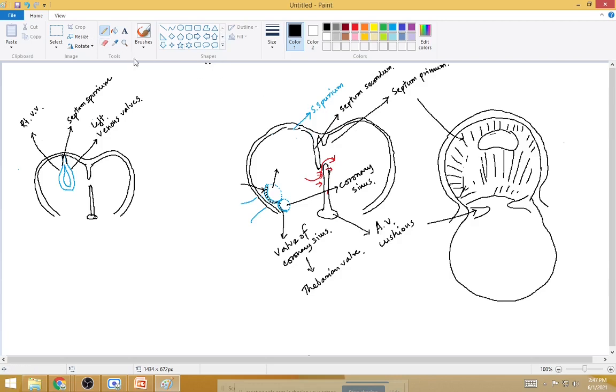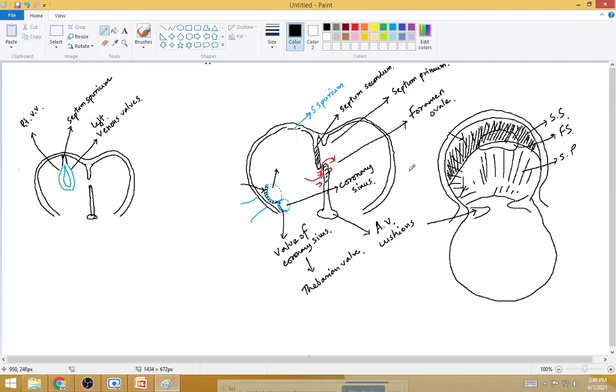Now again, after that, what happens? Another septum is lying over it. Isn't it? This is another septum which is lying over it. So what is this septum? This is septum primum. What is this septum? Septum secundum. What is this? Foramen secundum. Once the septum secundum overlies the foramen secundum, this part is known as the, anybody having any idea? This is called the